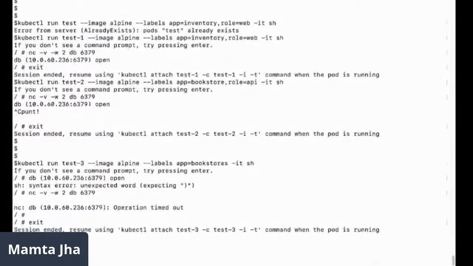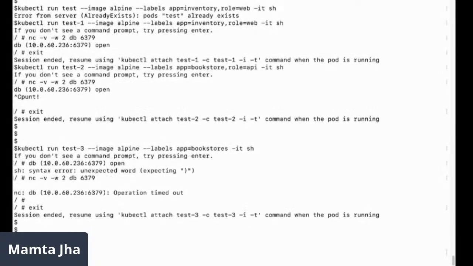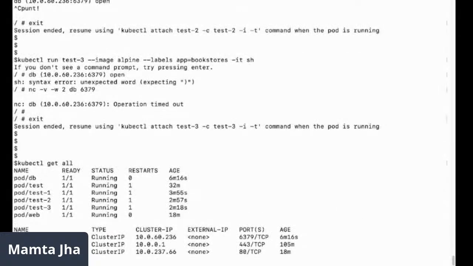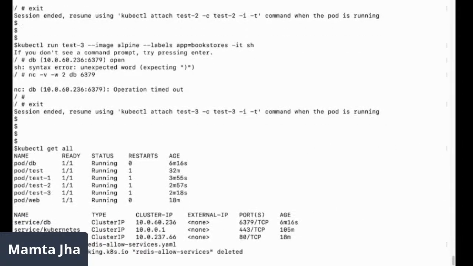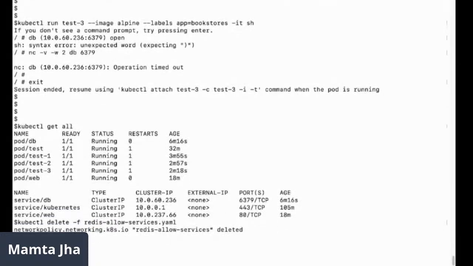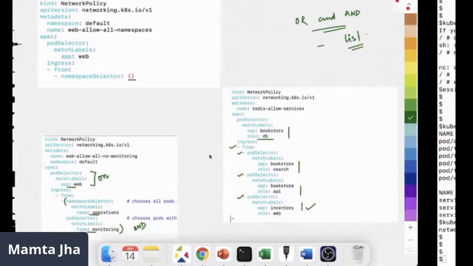test this. App web should be there from before. Let me go quickly verify. Let's delete the last policy so that we don't confuse. So web pod is there already. I don't think anything else is needed for applying this policy to it.